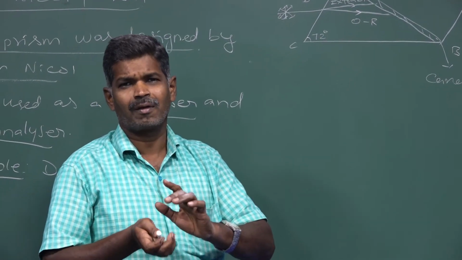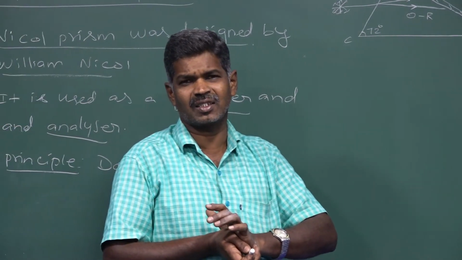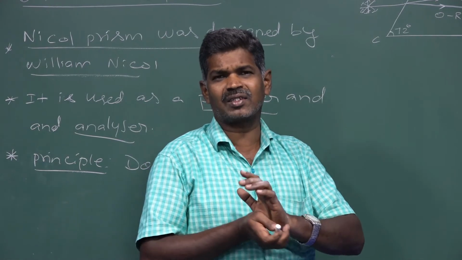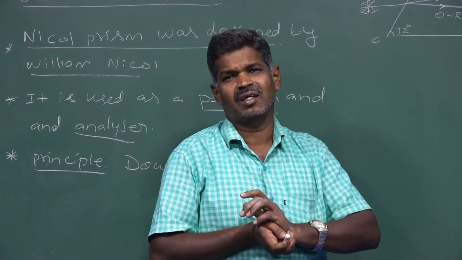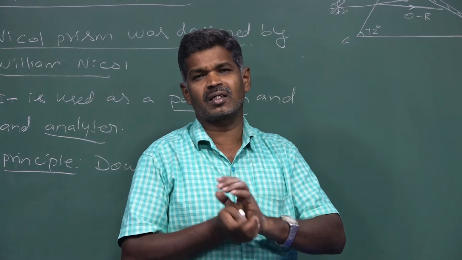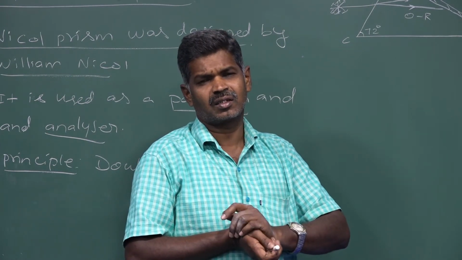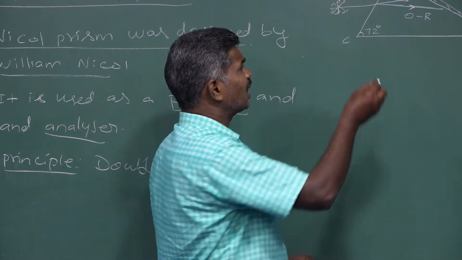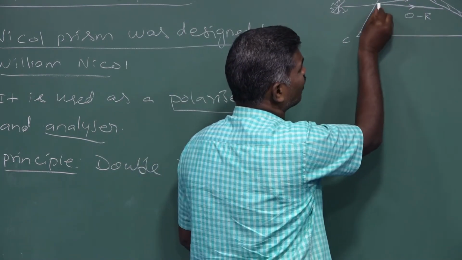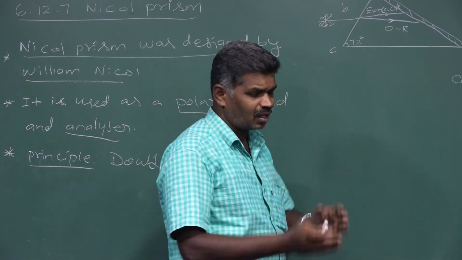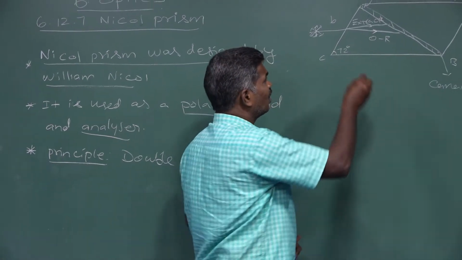So different velocities in different directions means extraordinary ray has different refractive indices. So that's why this extraordinary ray is not combined with the ordinary ray, moves in a different direction,